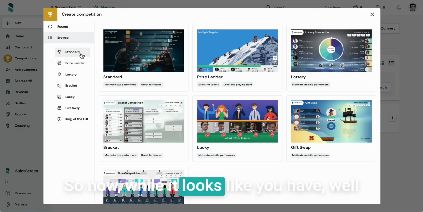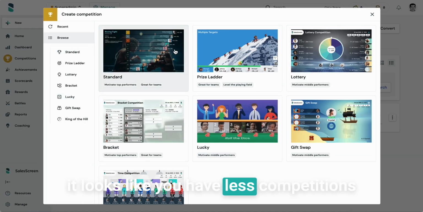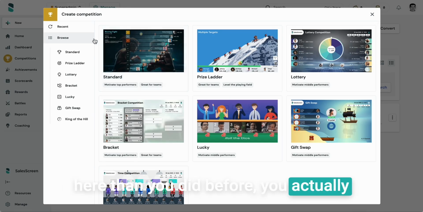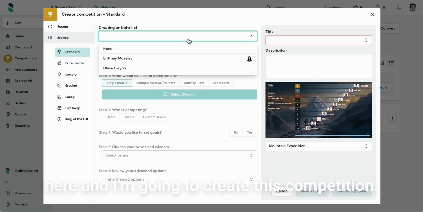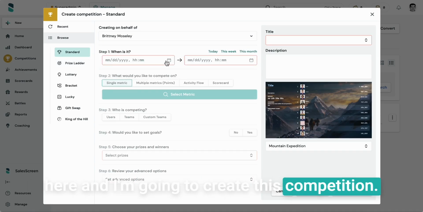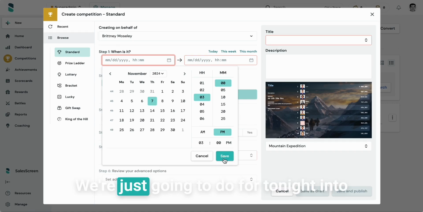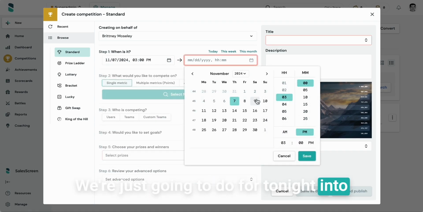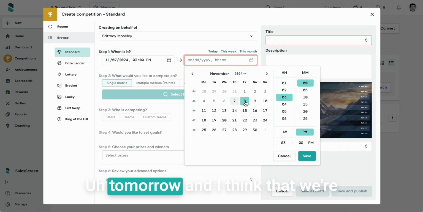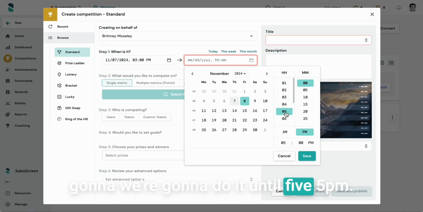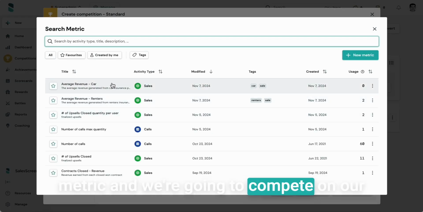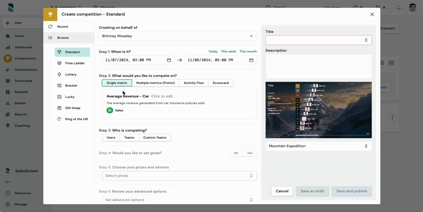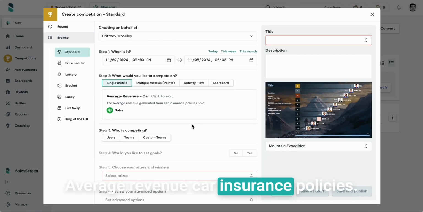So now, while it looks like you have fewer competitions here than you did before, you actually have significantly more flexibility. So we're going to go to our standard competition here, and I'm going to create this competition. This is going to be a short one. We're just going to do it for tonight into tomorrow, until 5 p.m. We're going to compete on a single metric, average revenue for car insurance